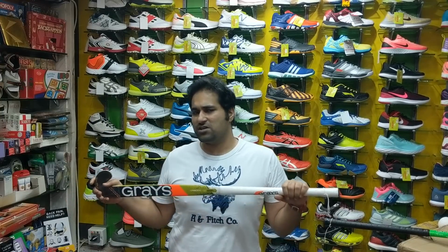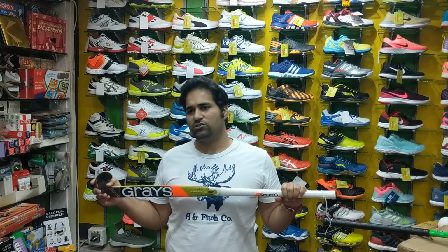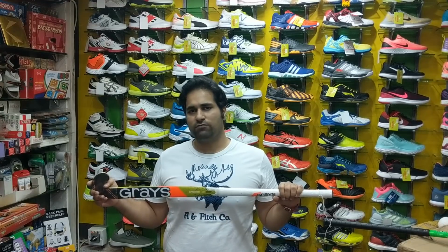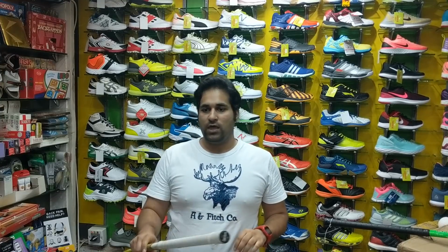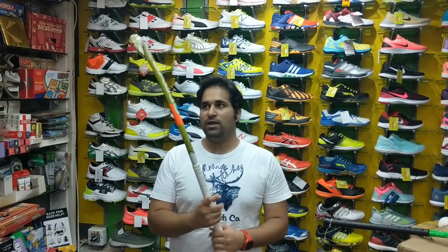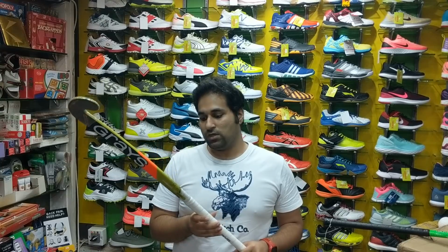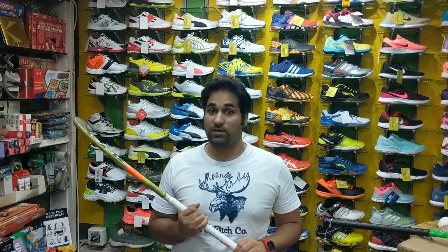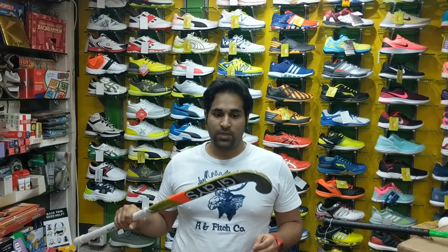Hockey sticks come in sizes ranging between 36 inches to 41 or 42 inches, but the most prominent brands manufacture them in the range of 36.5 inches to 37.5 inches. This is a 37.5 inch hockey stick, and it is a high grade stick made by Grays. It is a high carbon content stick, and remember, the more the carbon content in a stick, the more expensive it is. So this is an 80% carbon content stick, and